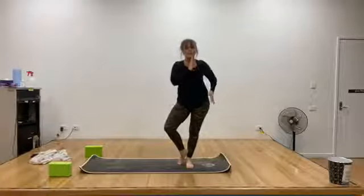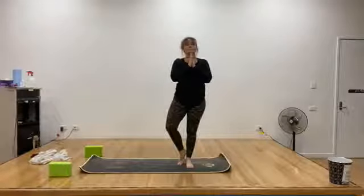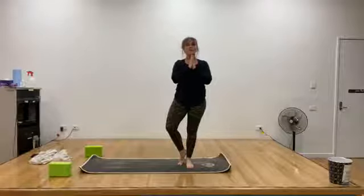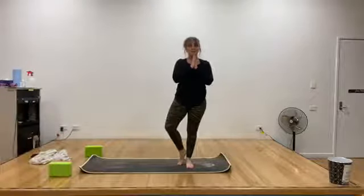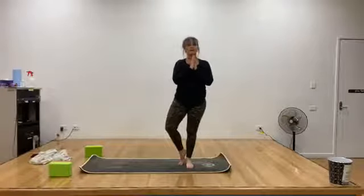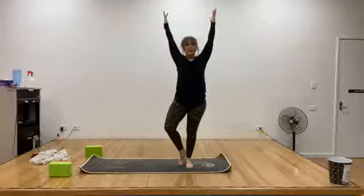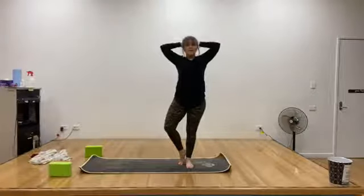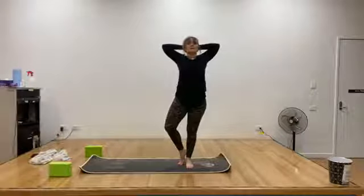So try not to do this; instead of hooking out, try and be up tall. Grow like a tree. I forgot to bring my book of little quotes. There's a really nice poem about trees. So find your tree, whether you stay down here with me or bring the foot to a higher position, just not on the side of your knee, don't push on your knee. And then grow your tree. You can stay at any spot with your hands. And if you want to, you can bring the hands behind, let the weight of the head drop back into those hands. Feel that